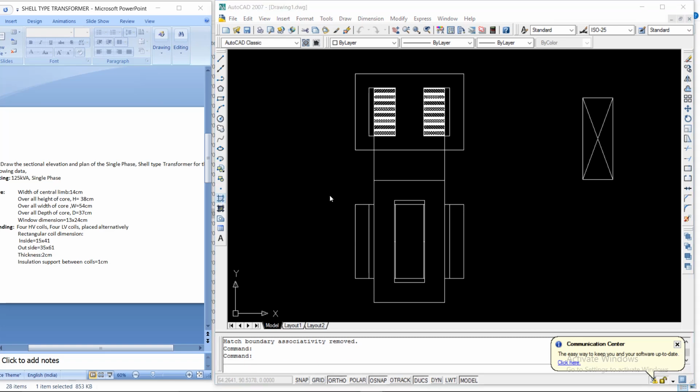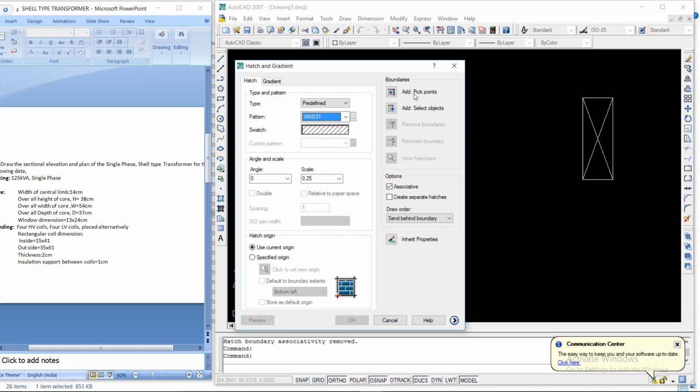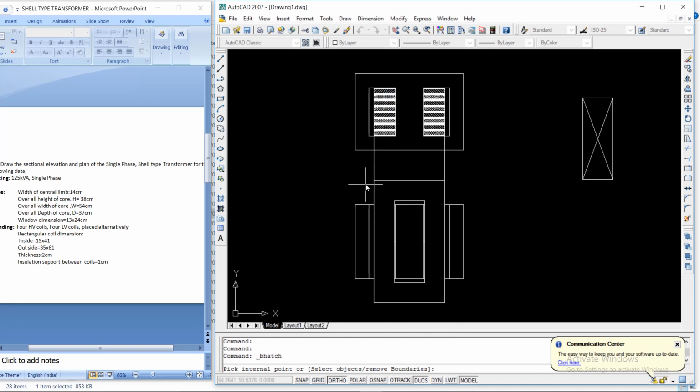Now go for hatching. You can select NC31, add pick point. So this is the core portion.